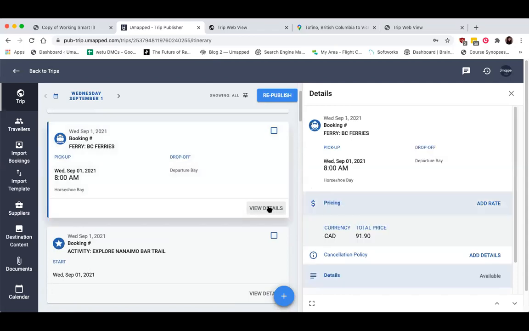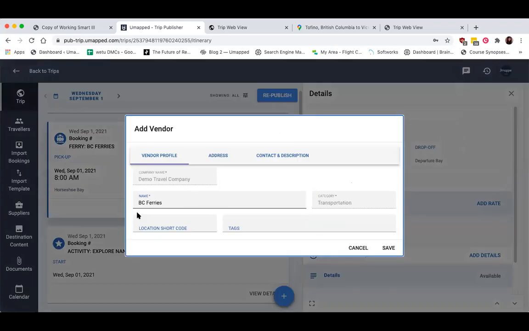So by the way, just to get back to this idea of vendors, I think we talked about it at the very, very start. When you're adding photos or additional information to BC Ferries, as a good example, you do have to create it as a vendor first. So if I added this segment and now I realized I actually would like to add some photos of BC Ferries because I just want this to be a really lush and vibrant trip, I'm going to first of all click on View Details to open up this expansion drawer, and I'm going to click on the little camera icon here.